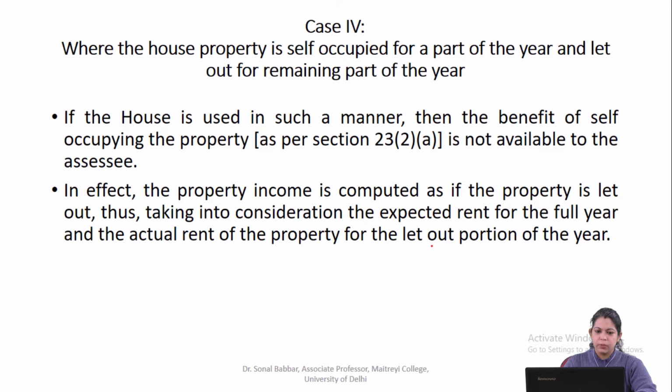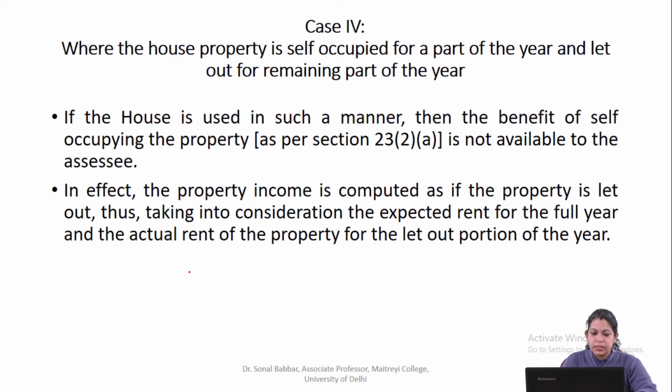Coming to case 4, where the house property is self-occupied for a part of the year and let out for the remaining part of the year. If the house is used in such a manner, then the benefit of self-occupying the property is not available to the assessee. In effect, the property income is computed as if the property is let out, thus taking into consideration the expected rent for the full year and the actual rent of the property for the let out portion of